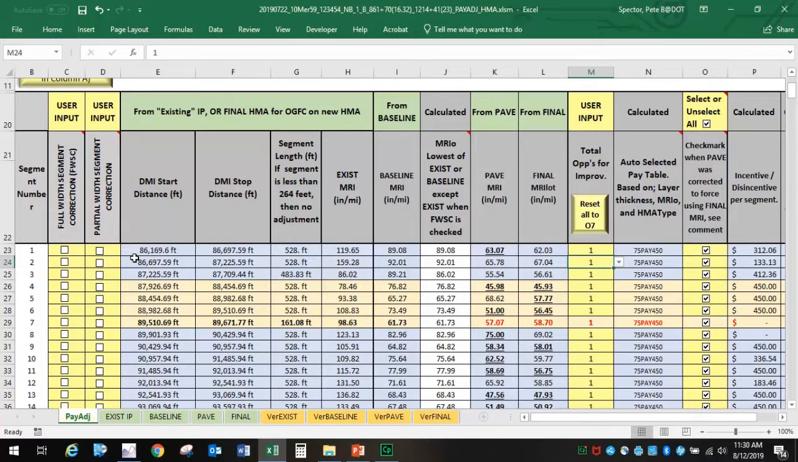So now, partial width segment correction. What this does is basically force the spec to default to a 75 pay target table if our layer thickness is less than 3/10, or a 60 table if it's 3/10 or greater. So it's kind of like buying a credit. With the partial width segment correction, the specs require the contractor to provide a plan and have it approved by the engineer. So that's the partial width segment correction. When we look here, we have a 159.28 and 92.01. The lower of those two is 92, and there's a 75 pay